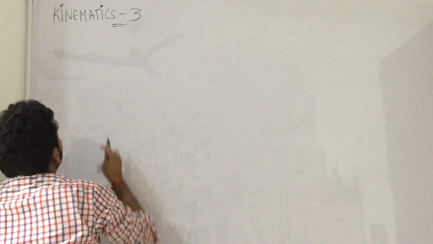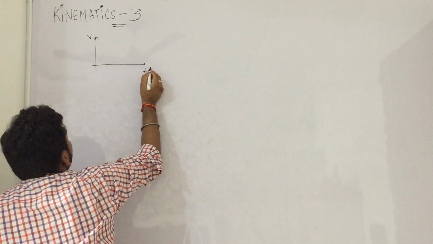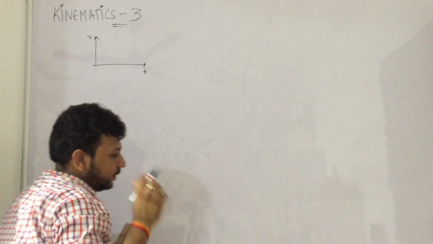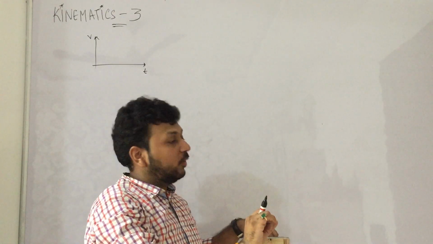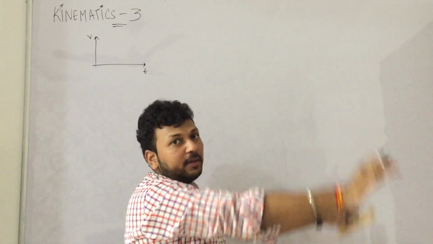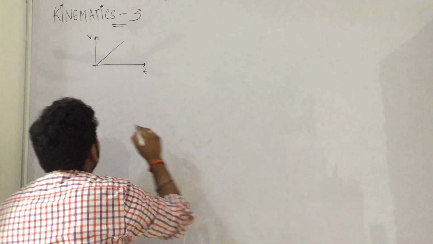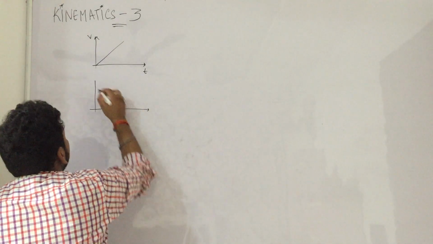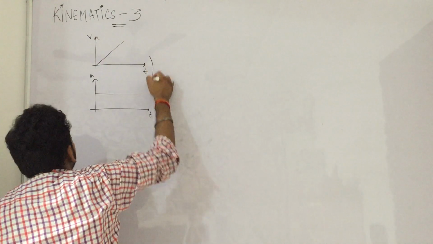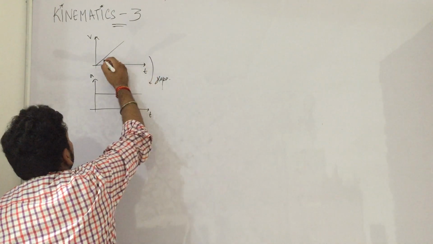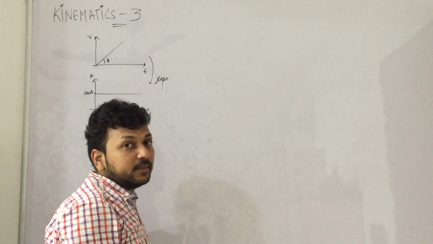Let us take another case. Suppose a person is traveling with acceleration, so the scooty's handle is constantly rotated and the person is accelerating, so the velocity is increasing, right? If the velocity increases, there will be acceleration, so the a-t graph will be something, and its slope is this. If this is theta, this becomes tan theta. The slope of it is a.